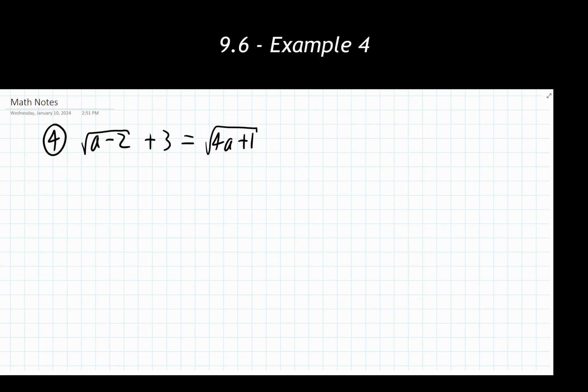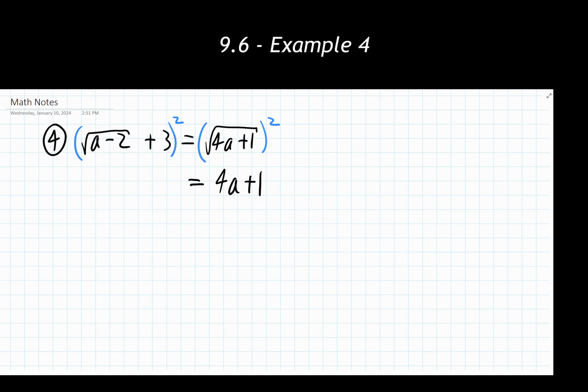And that tells me to raise both sides of the equation to a power equal to the index. So that means the entire right side is going to be raised to the second power, and the entire left side is going to be raised to the second power. Now, as we saw in a previous example, we need to expand and multiply everything out when I have two terms showing up on one side, something plus something else or something minus something else. On the right-hand side, the radical is just going to cancel with the exponent. I'm going to get 4a plus 1.